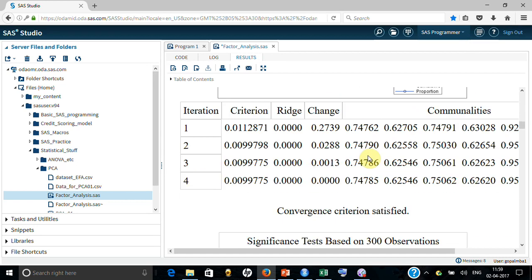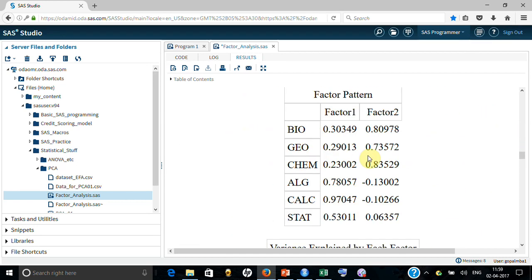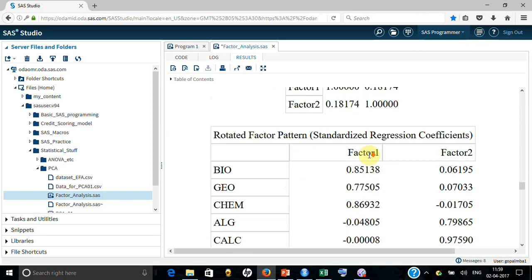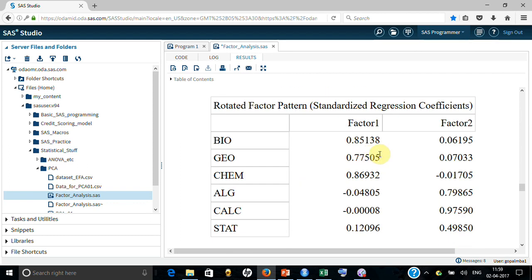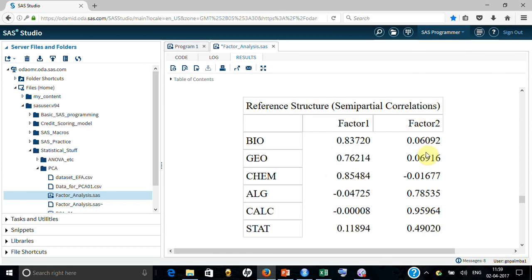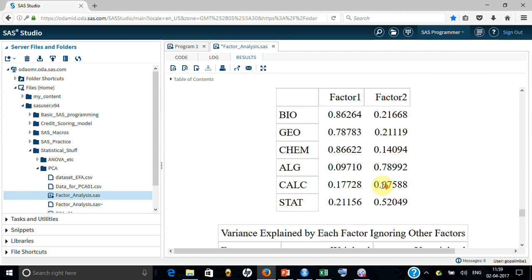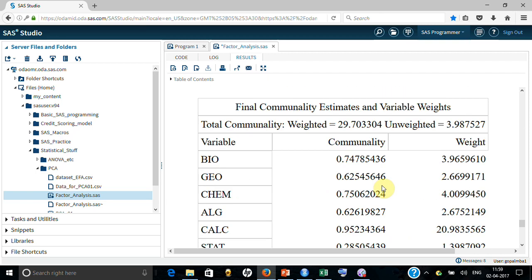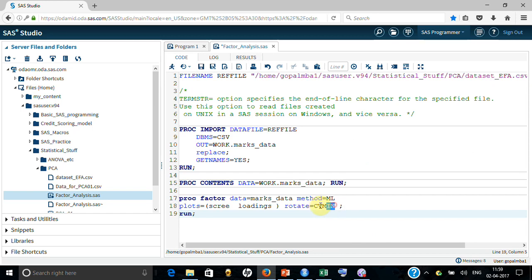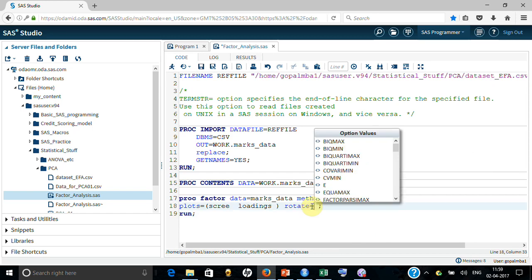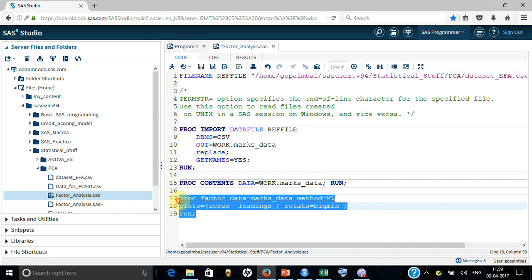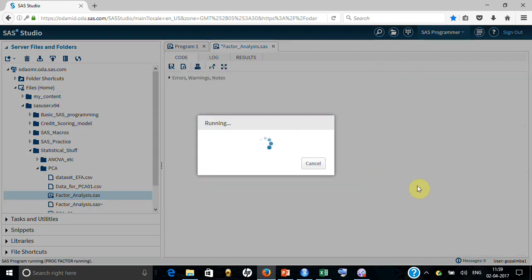So if you go below, let's go to CV mean, which we were seeing earlier. If you look at it, it started producing semi-partial and it has changed a bit. One more thing, you try a different rotation method, like here, and you put equal to, you'll see SAS has so many options, and every option is going to produce a different output. Take a look.